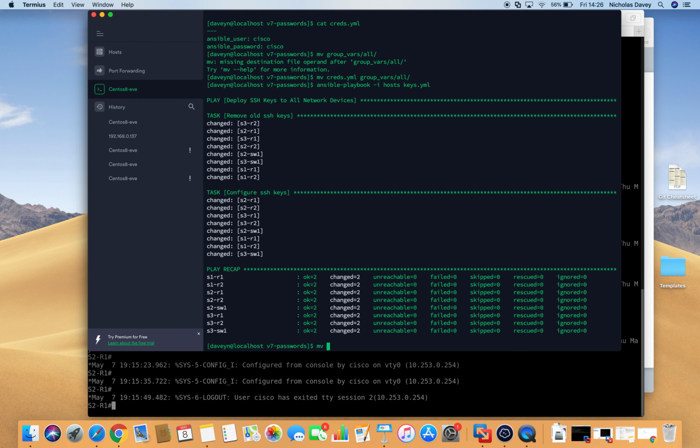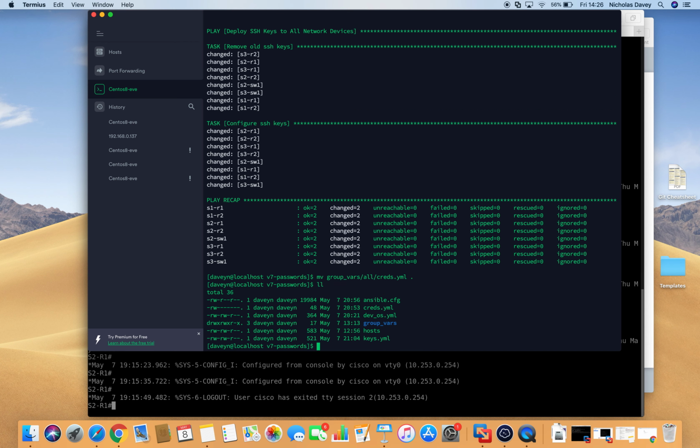So again, we can move the creds.yaml file. We don't need it anymore. Because it's in this directory and I'm not using include_vars in my playbook, Ansible doesn't know about that file anymore. So at the moment it doesn't have